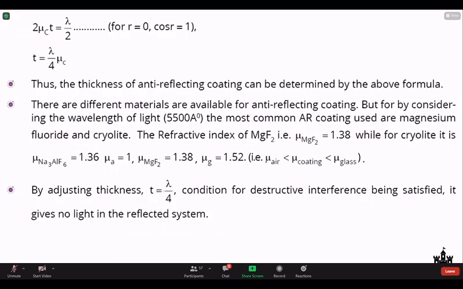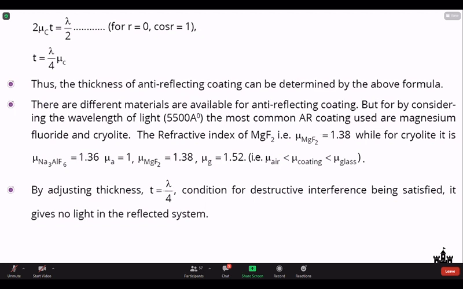Okay, so और अगर आपको absorb करना है, if you want to create, for example, a panel for a solar cell, in the solar cell you want to absorb the light, right? A solar cell will convert the solar light, sunlight, into energy. So you want more absorption or less reflection. Similarly, a similar technique can be used, a similar thickness can be followed, so that all the light coming from the sun will be absorbed by the solar cell device.